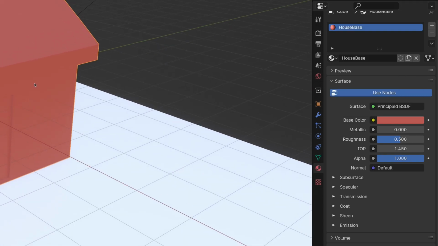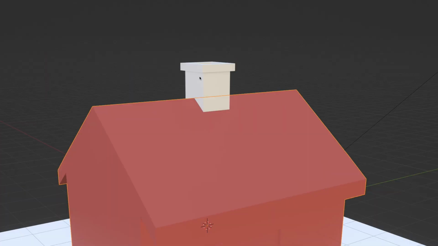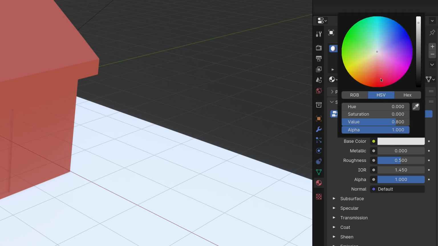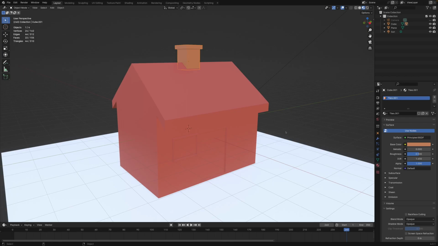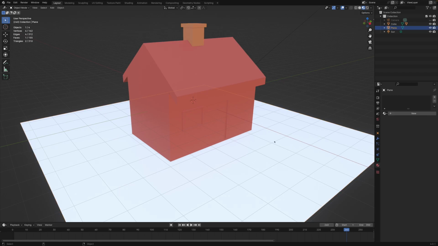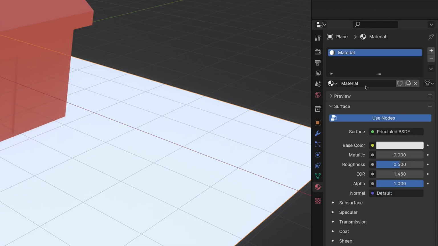Now let's create the material for the chimney. Press New, name it Tiles, choose a color, orange, dark orange, like that. And let's do the same thing with our ground. New, name it ground,